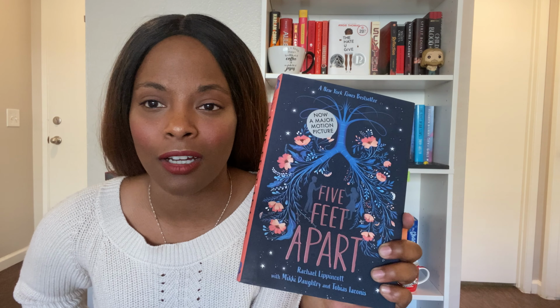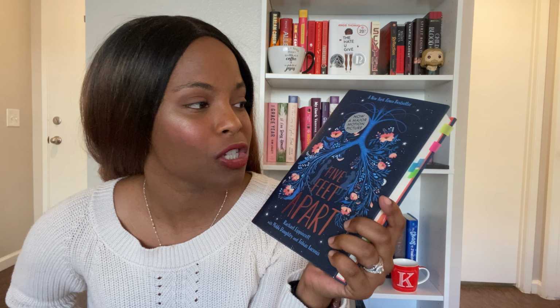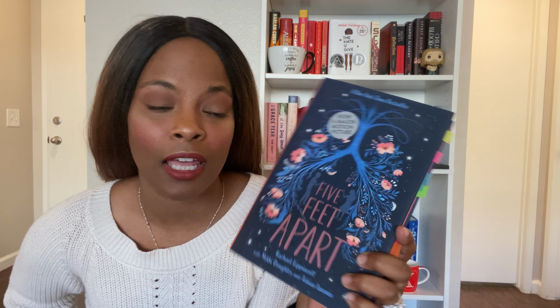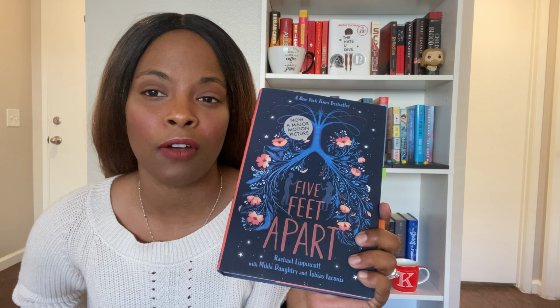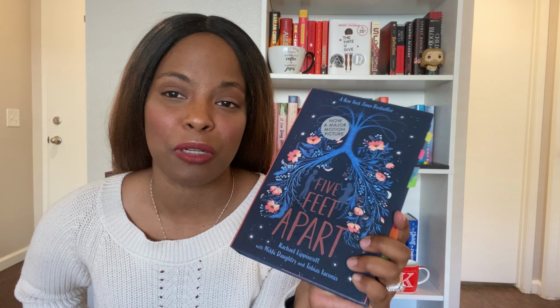The idea of life coming out of these lungs, and if you know the story of this book, it is just such a beautiful idea, and I'm obsessed. I am so obsessed with this cover. This is probably one of my favorite covers, but the last book that I'm going to talk about takes the cake. Just sweeps the icing right off, throws the cake on the floor, because this next book, the last book,